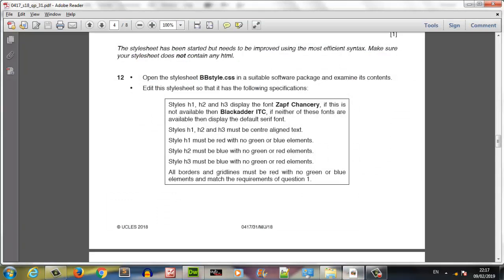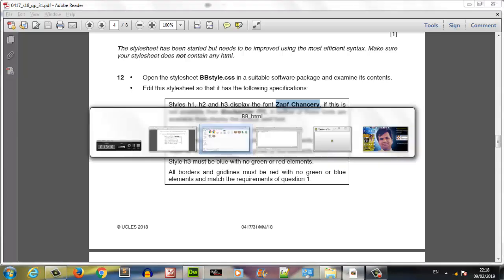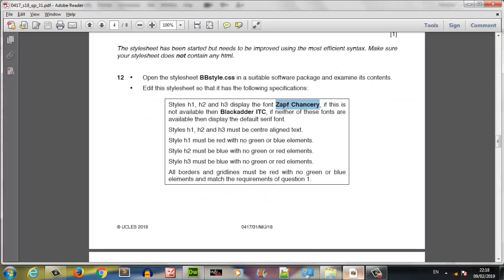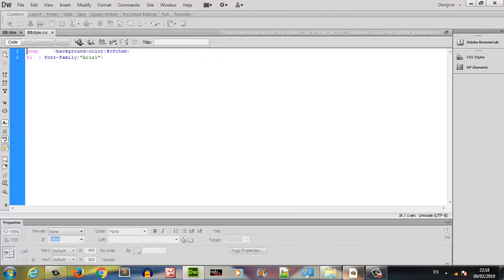Style H1, H2, H3 to display this font, and if this is not available then this. If neither of these are available, then display the default serif font. So here we go. First of all, what we need to do is H1, H2, H3. Okay, we have to define the style, right? H1 comma H2 comma H3. So we can even define them in one line like this. And what they want is,